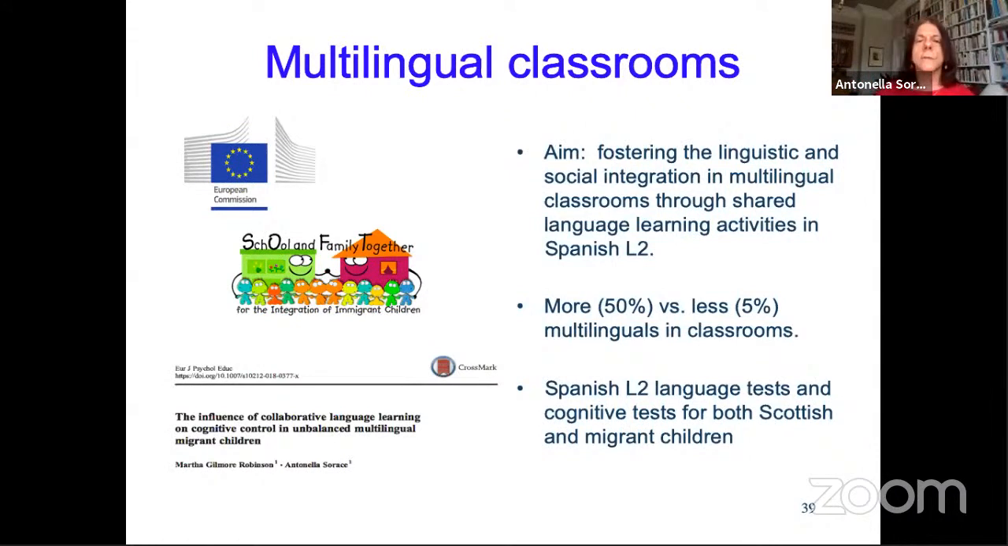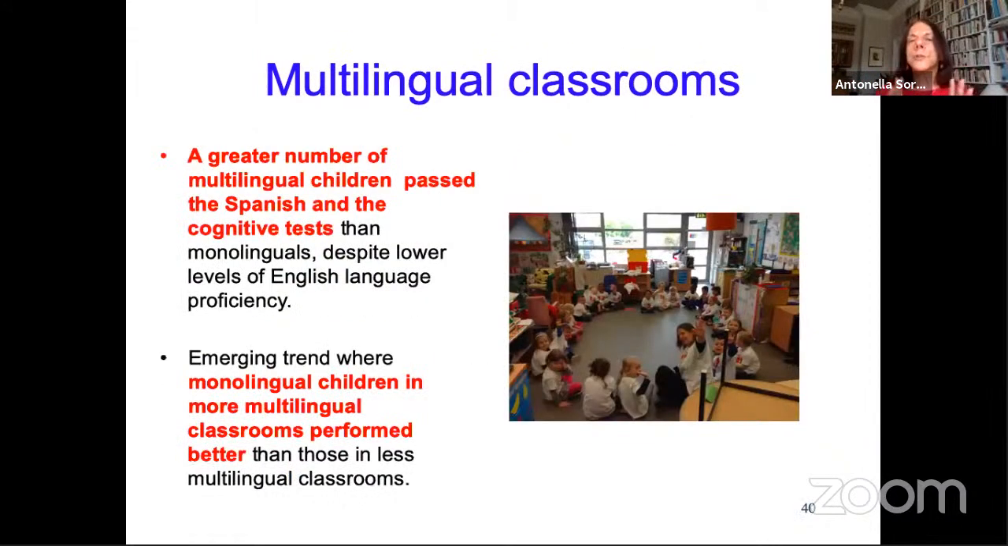and migrant children. And to cut a long story short, we found that with respect to the Spanish and the cognitive tests, a greater number of multilingual children passed these tests with a higher score compared to the monolinguals, despite the fact that many of these multilingual children were still learning English in an active way, depending on when they had arrived in Scotland. But also we found a very interesting trend that we have to confirm with further research,